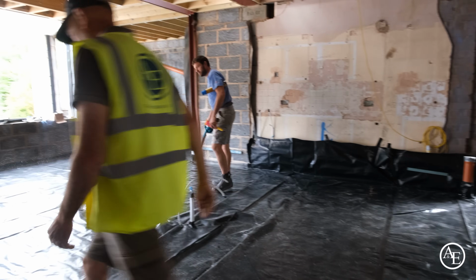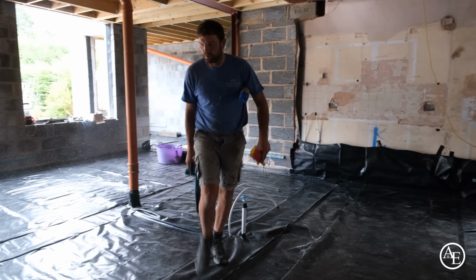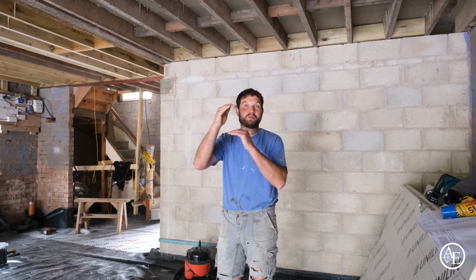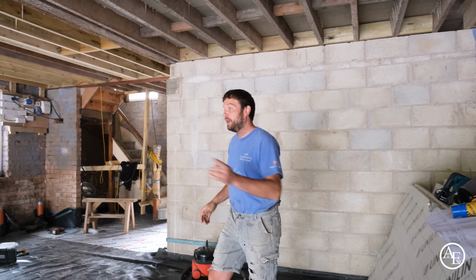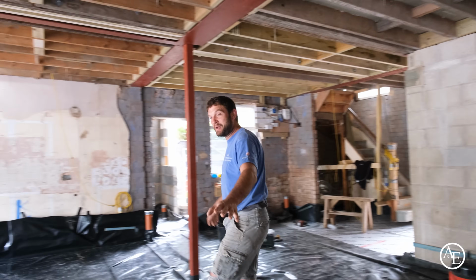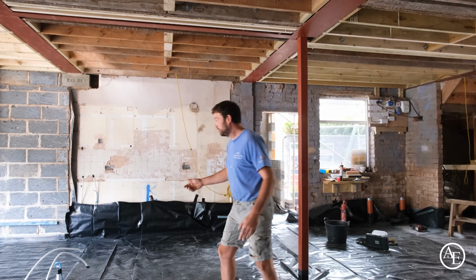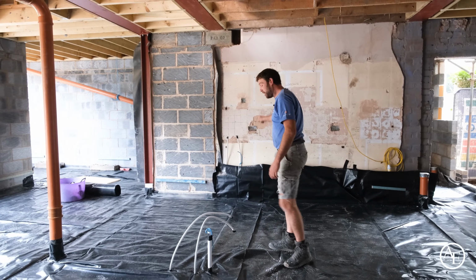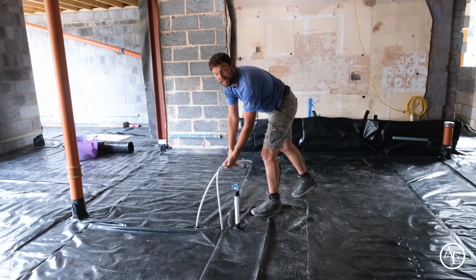Over the last couple of days, me, Alex and James have been putting down the insulation, 150mm deep: a layer of 100mm Celotex and a layer of 50mm. We've put the damp-proof membrane down, the DPM as we like to call it. We've got our conduit in for our wiring, and our hot and cold feed for the sink in the central